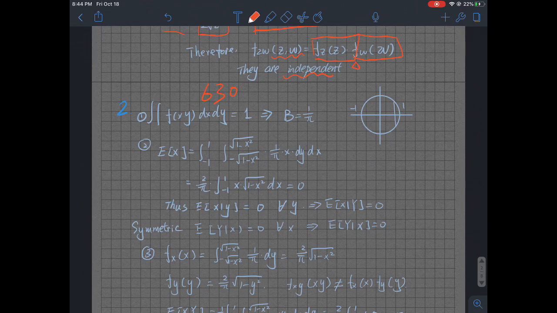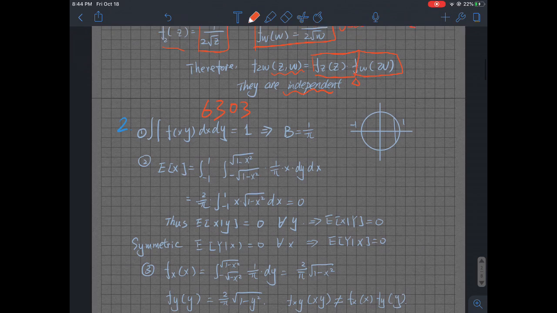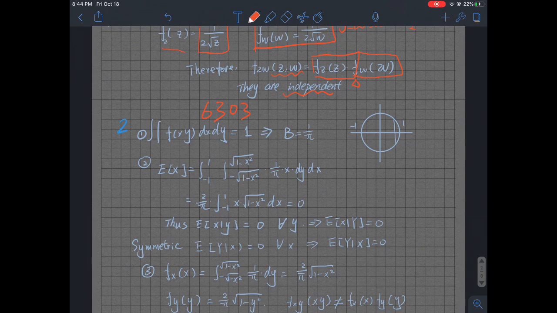This is problem 2. We need to calculate the density function first, so we use the same equation as mentioned above. We need to integrate the density function to be 1, but the trick is that the